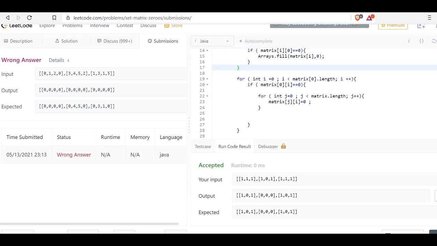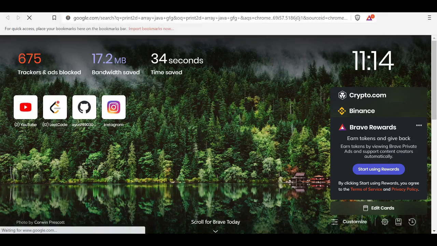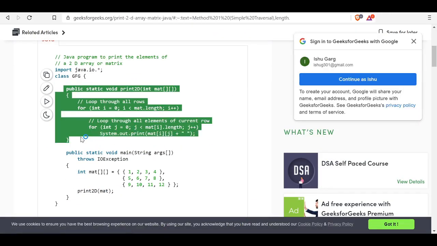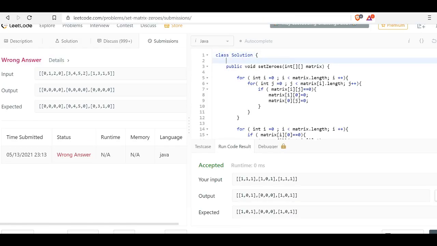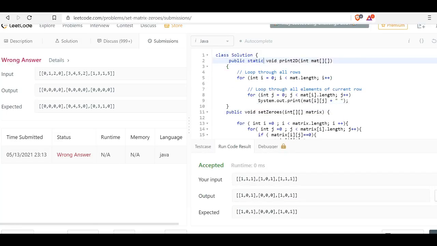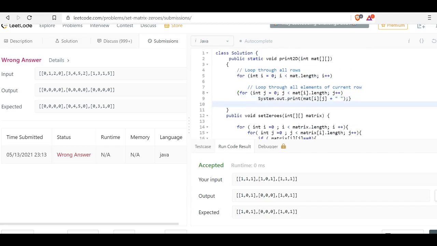Okay, let's check. So let's take a function. We'll just copy paste the function so that we need not write it again. We paste this.